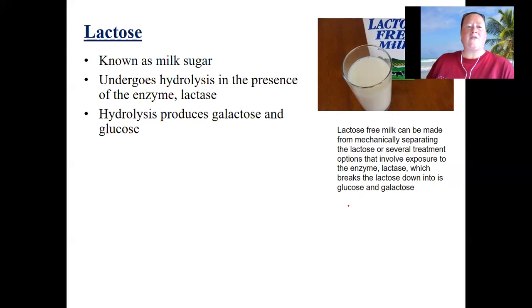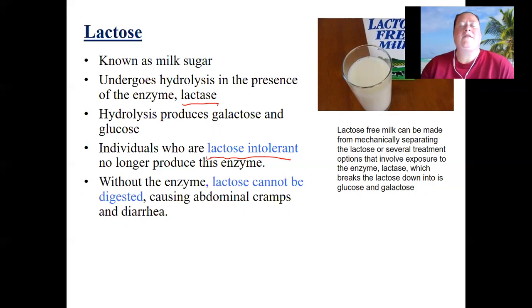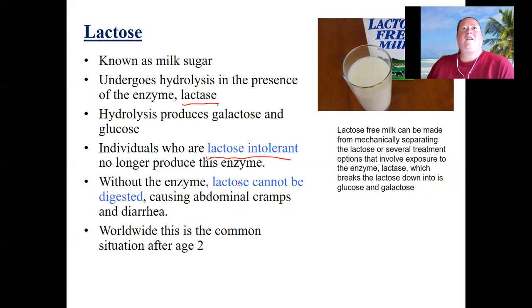So when lactose becomes hydrolyzed, it produces galactose and glucose. It is lactase which is the enzyme that breaks down the lactose. And individuals who are lactose intolerant don't have lactase. They no longer produce that. So with that, the lactose cannot be digested, and you can end up with some abdominal cramping and diarrhea, intestinal upset. The common age for the body to no longer make lactase is after the age of 2,